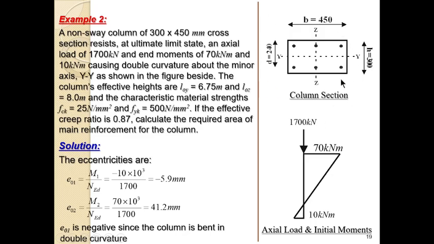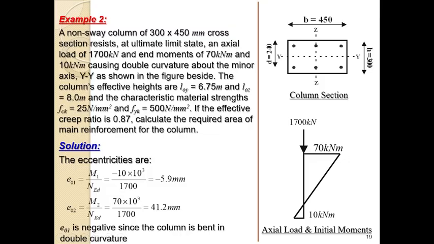This is the cross section of the column that you're given, and this is the initial arrangement of reinforcement in a symmetrical way. It's like a trial arrangement, and this shows the load. Remember, the question says the end moments, 70 kilonewton meter and 10 kilonewton meter, are causing double curvature. That means when one goes this way and the other goes that way, one of them is a clockwise movement and one is an anti-clockwise movement. So the solution is, of course,